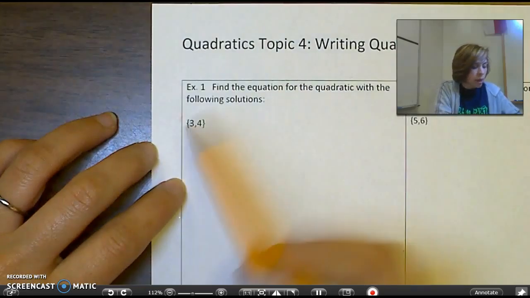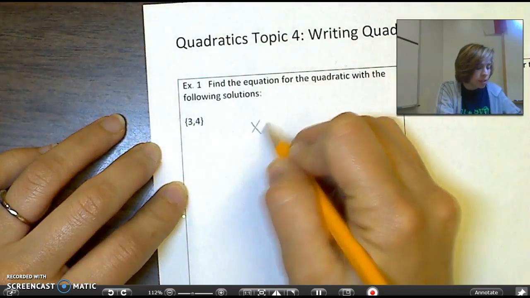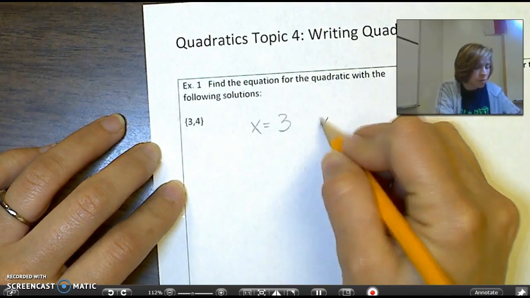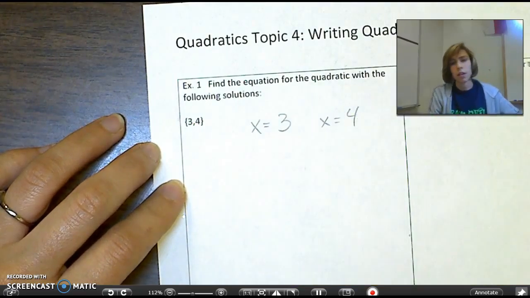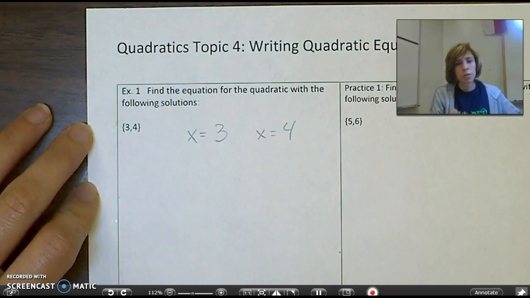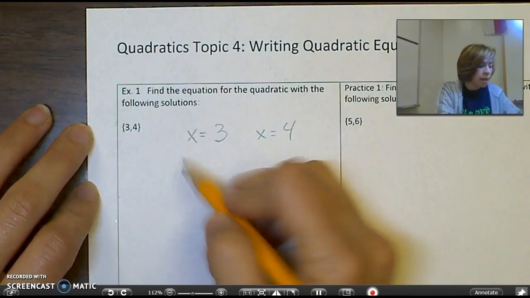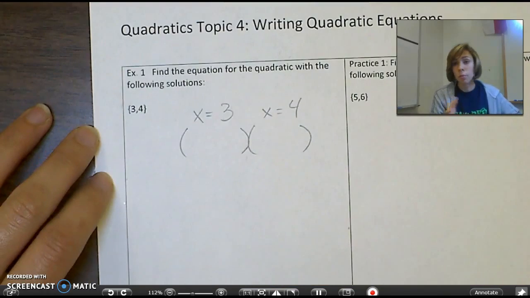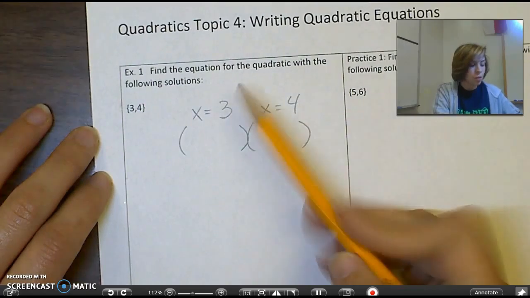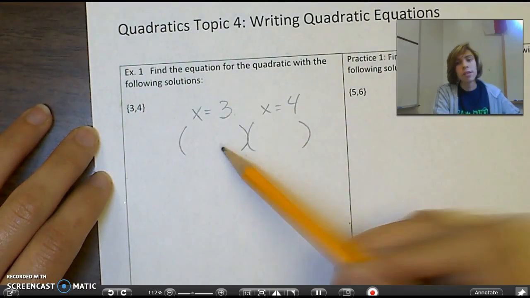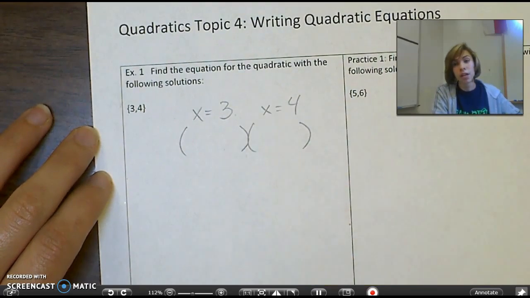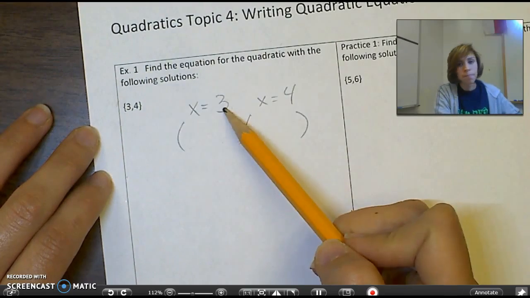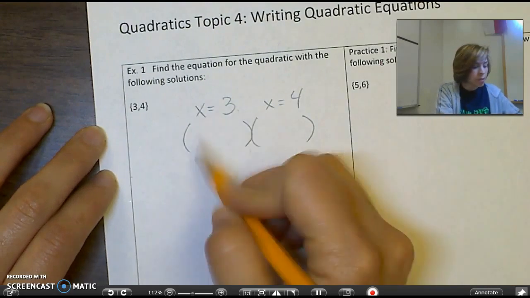You're going to start by putting here x equals 3 and x equals 4. Okay, so we got our two solutions. So now what we're going to do is put it back into its parentheses. You'll remember this from factoring. The way that we put it back into the parentheses is that we just need to change the sign of the solution. So this becomes x